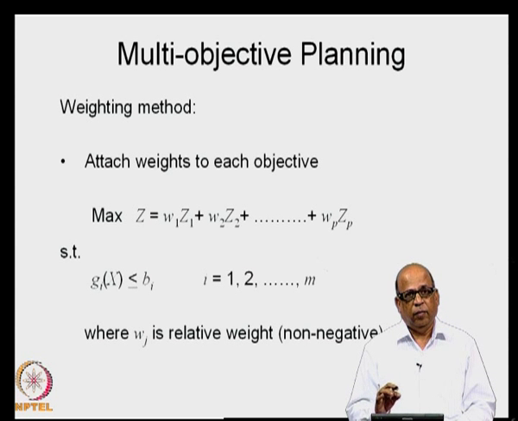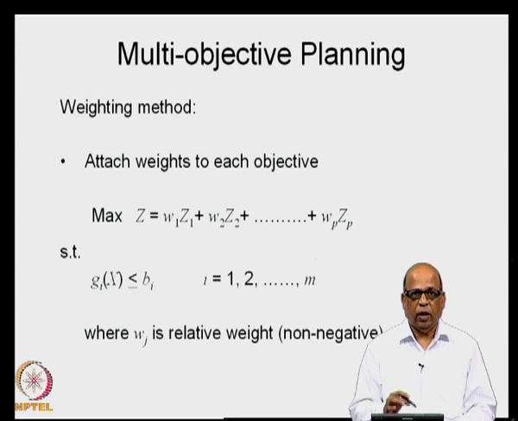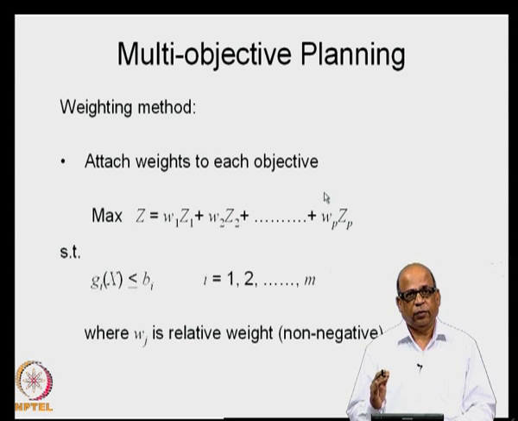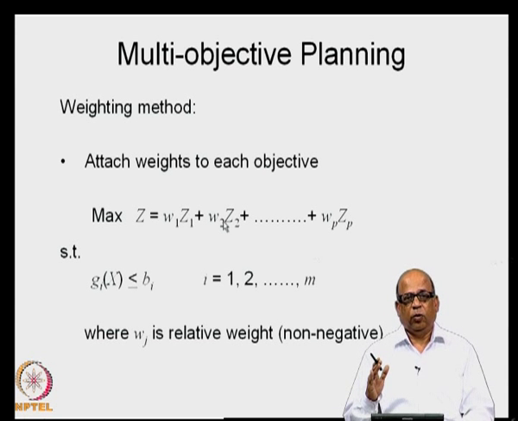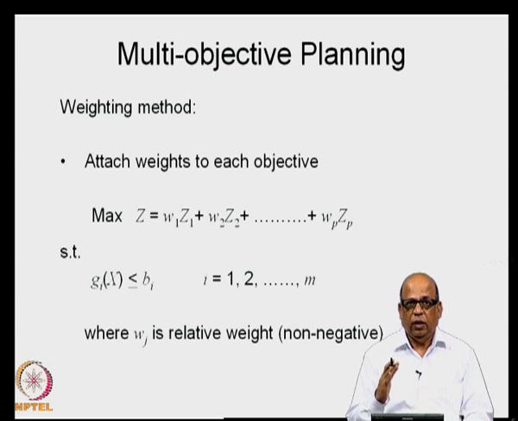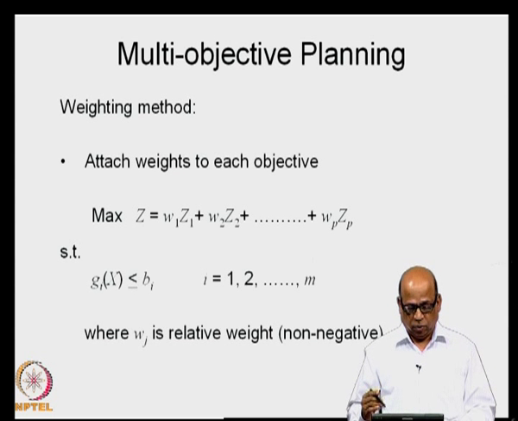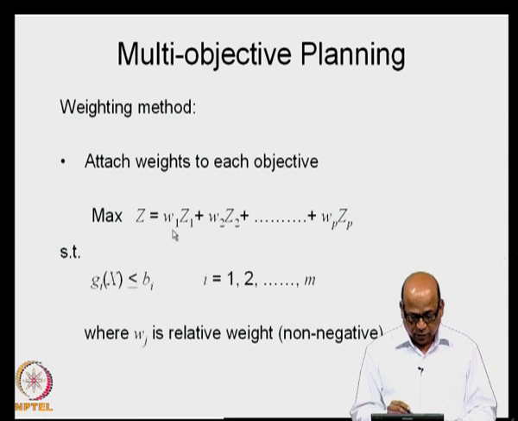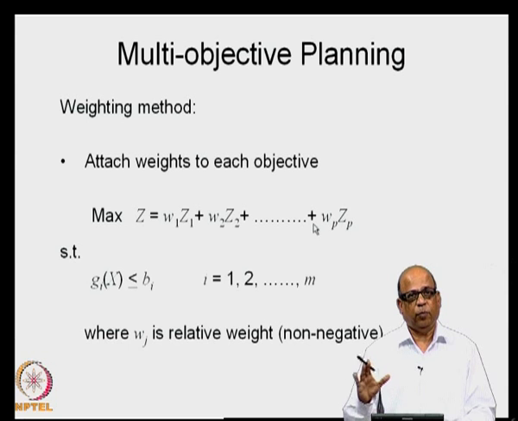The first way of handling this, one of the ways of handling multi-objective problems, is to assign weights W1, W2, etc., to each of the objective functions. Let us say you are looking at drinking water supply, irrigation, hydropower, flood control, and so on. So, you may assign a very high weightage to the drinking water supply objective, the next level weightage to, let us say, hydropower, next level to irrigation, and so on. So, you may assign weights based on the importance of the objective function as far as that particular system is concerned.